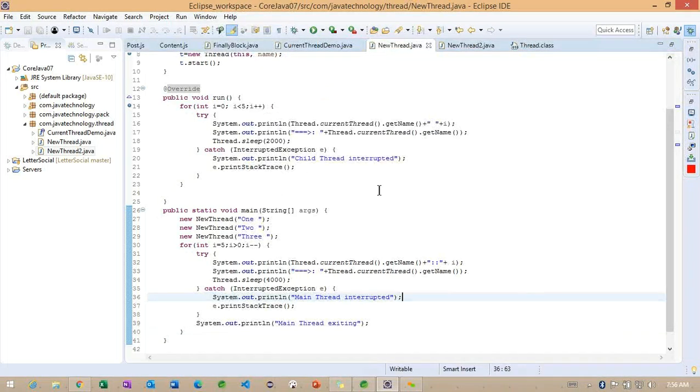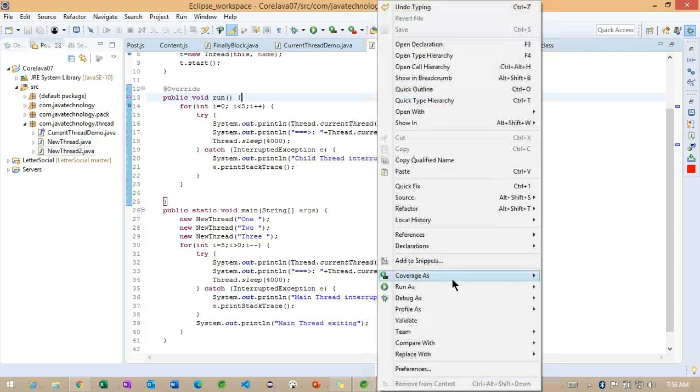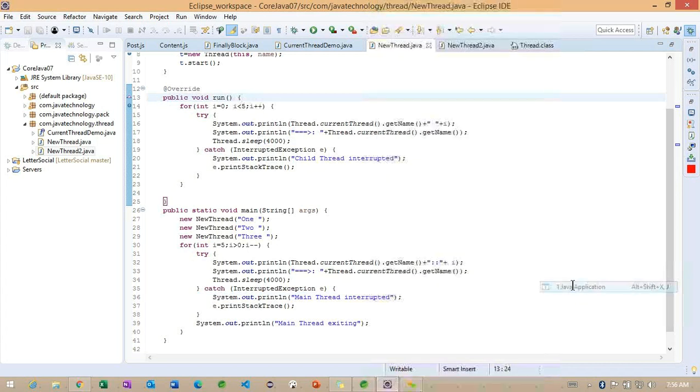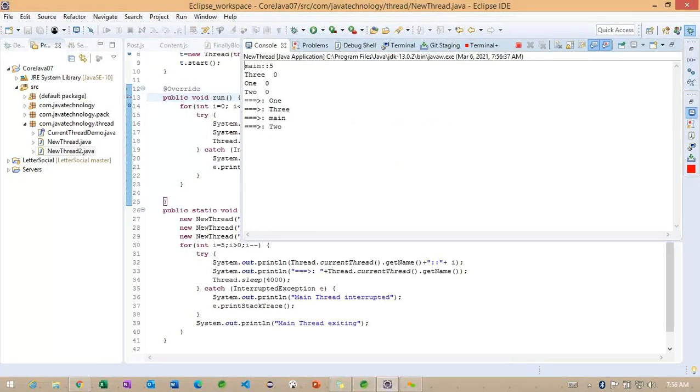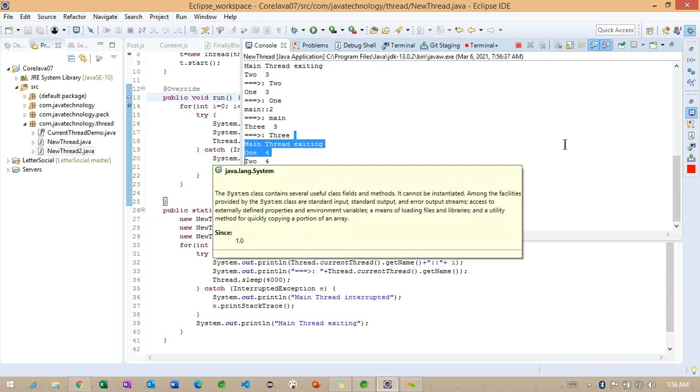So we'll try to get this multiple times here. If I make the same sleep 4000, we'll get some order here. Basically, each thread is going to sleep for 4 seconds, and you can observe the main thread is executed. After that, 3 constructors are called and all the threads are executed. And you can see all the threads are executing at a time.